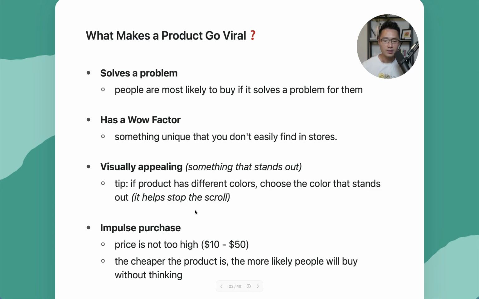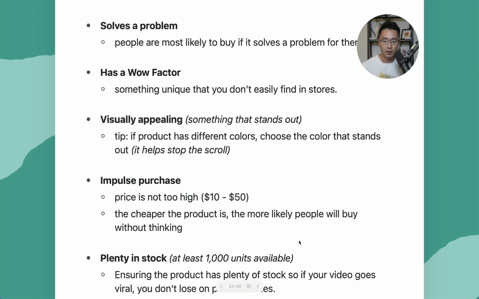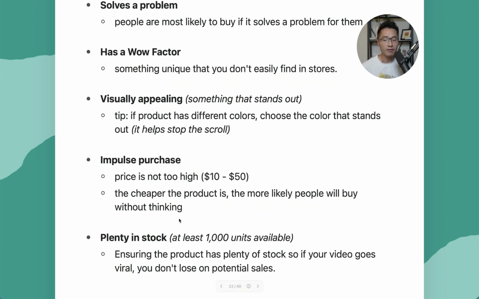The next one is that it is an impulse purchase. So this one, I think it's somewhat important because if it's a product that doesn't require too much thinking or consideration before purchasing, it will definitely help with conversions. So I recommend you to choose a product that doesn't have a price that's too high, preferably anywhere between $10 to $50, because the cheaper the product is, the more likely that people will buy without having to think too much about it. And the last one is that it has to have plenty in stock,